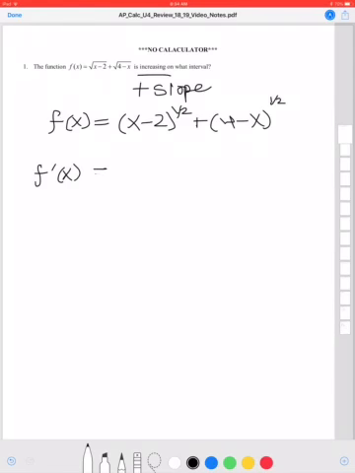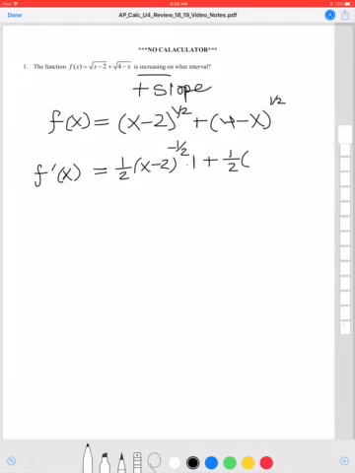So the derivative is equal to 1/2 (x minus 2), and that 1/2 minus 1 is negative 1/2, times the derivative of the inside. The derivative of x minus 2 is just 1,